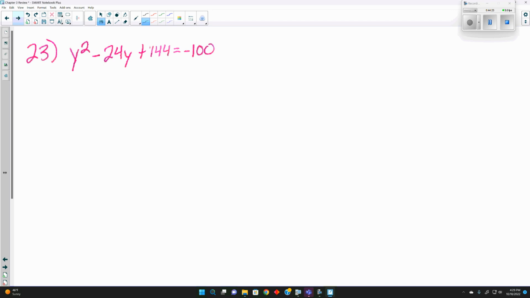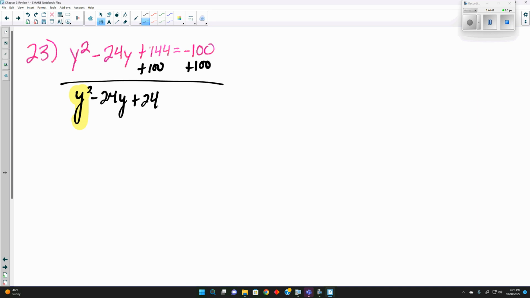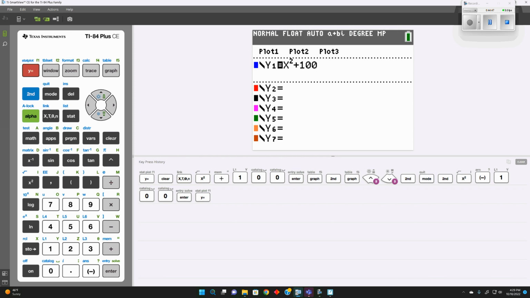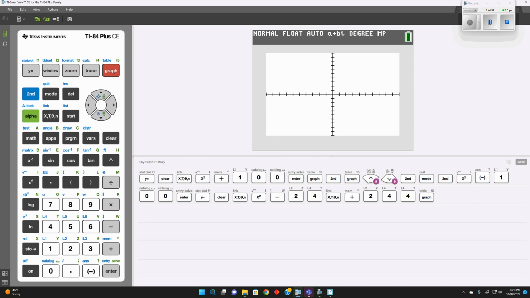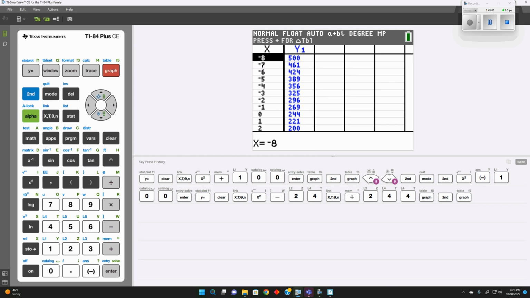Now we can look at this last one here. Now it is kind of set up in completing the square form, because if we want to try graphing it, we could add 100 to both sides and see what we get, which would be y squared minus 24y plus 244 is equal to 0, because whenever we graph, we need it equal to 0. So we can say, and instead of y, we'll use x squared minus 24x plus 244, hit graph, and again it doesn't cross the x-axis. And we look at the table, all the values here are massive,